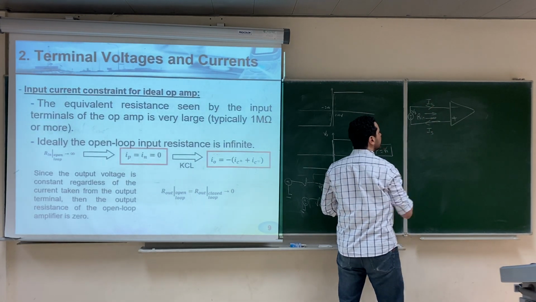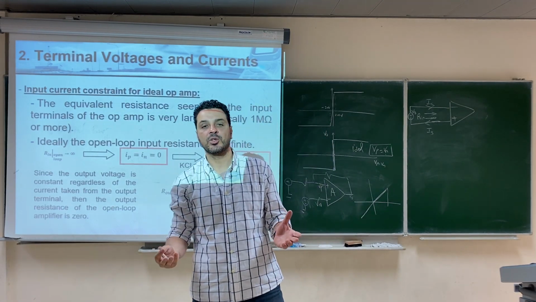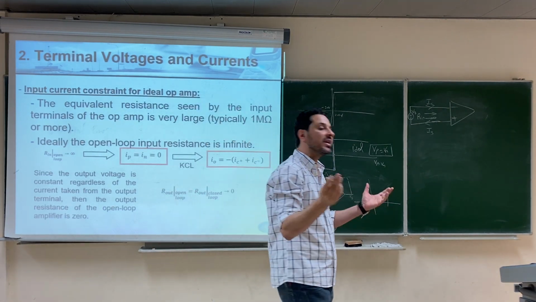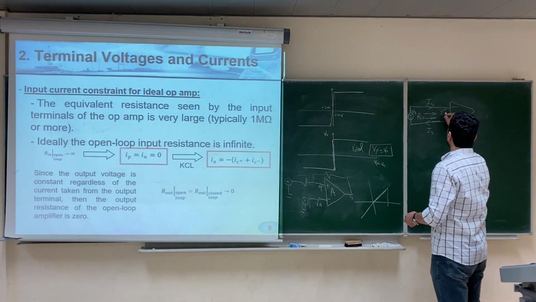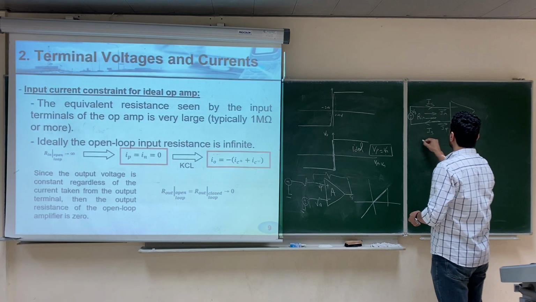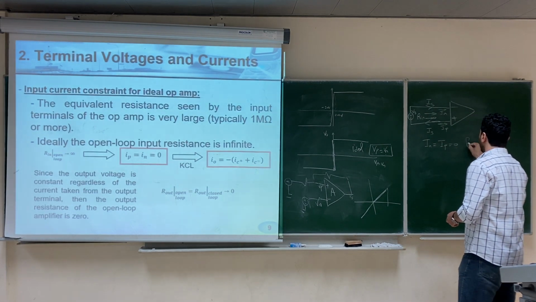The input resistance is infinity. Whatever source you connect between these two terminals, the current is supposed to be 0. So that's why we say that In and Ip equal 0 for the ideal